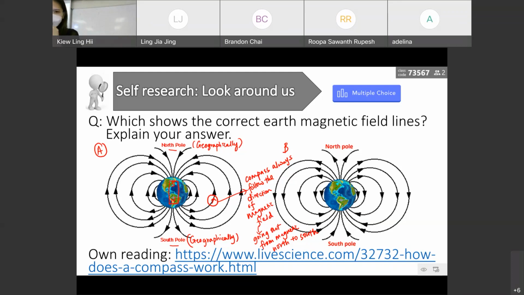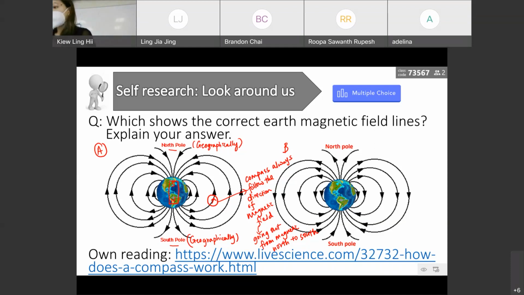So at first when we didn't know about this, we would think the Chinese were silly. How come it's actually pointing towards north, but they say it's pointing towards the south? But actually, the Chinese are referring to this magnetic south pole. So that's why the compass is called a needle pointing toward the south. So next time when people ask you how come you call this a needle that points towards the south,